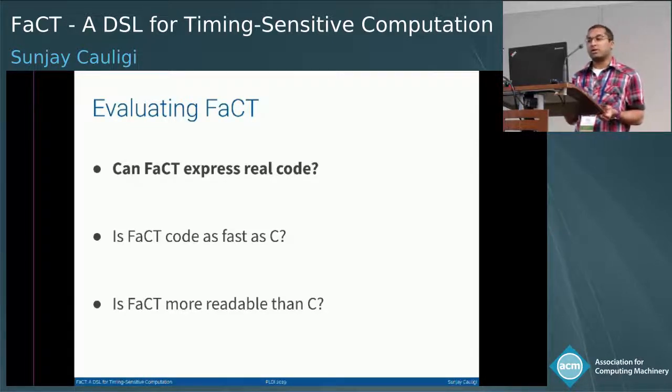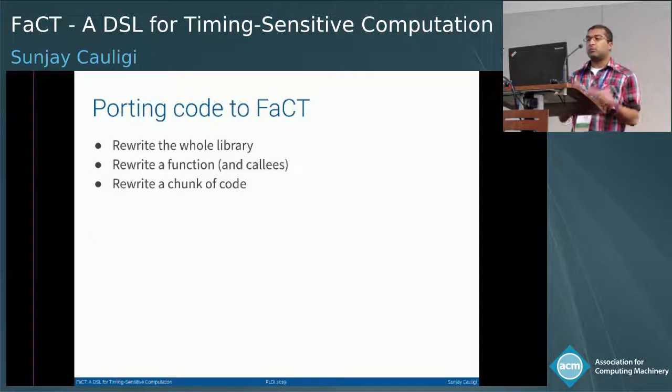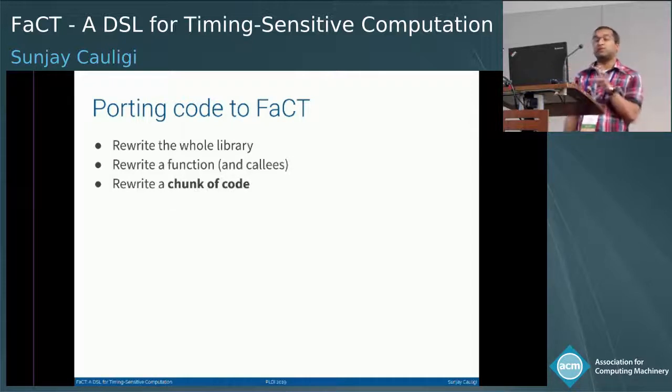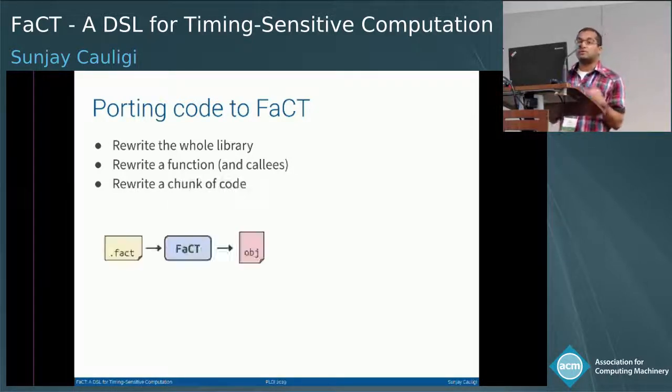This first question, can we express real code in FaCT? To answer this, we ported actual cryptographic code to FaCT. So FaCT is not meant as a general purpose language. We only expect you to port the timing sensitive parts of your code base into FaCT, but there's several ways you can do this. If your entire library needs to be timing sensitive, then you can port your entire library. You could also take just a function and all of its dependencies and port that into FaCT, or even if there's just a chunk of code inside one of your functions that needs to be timing sensitive, then you can turn that into a FaCT function. And FaCT supports all of this,